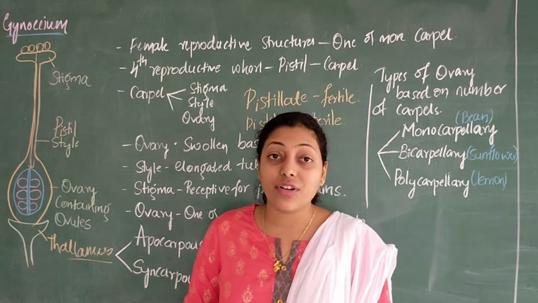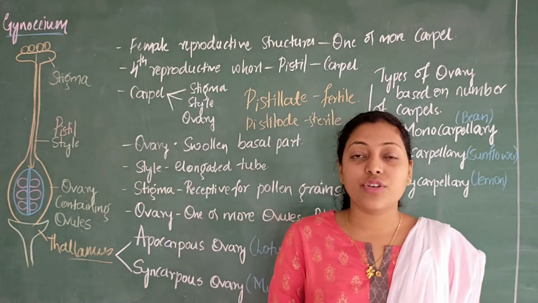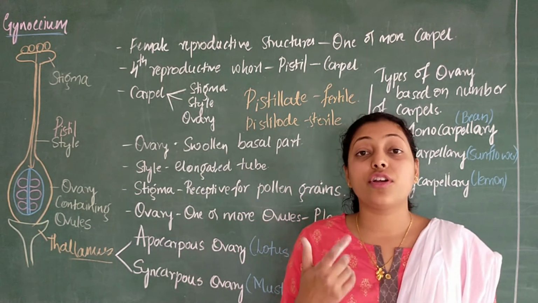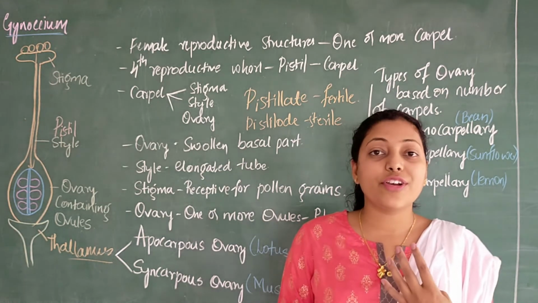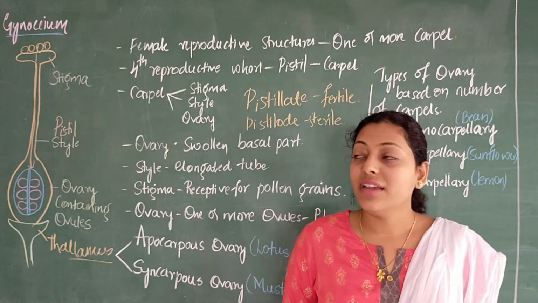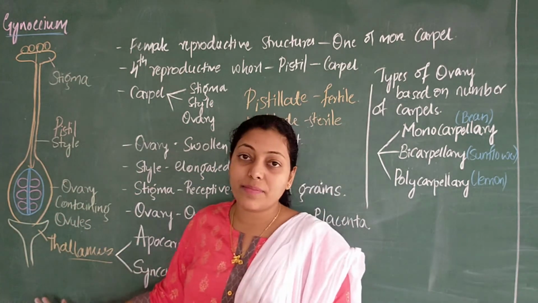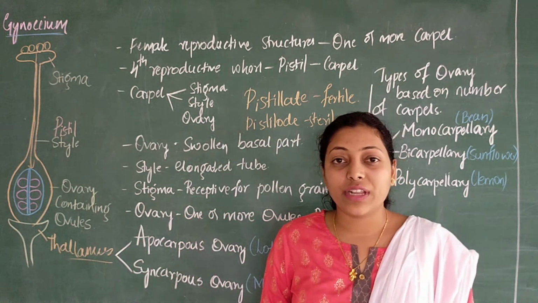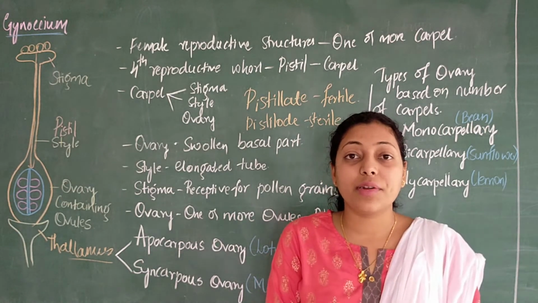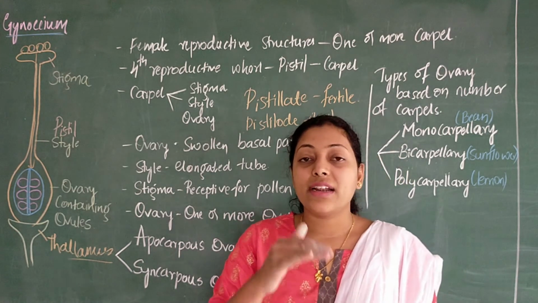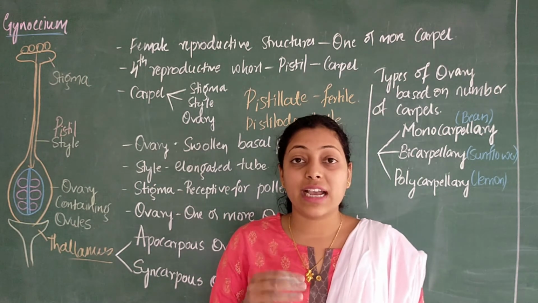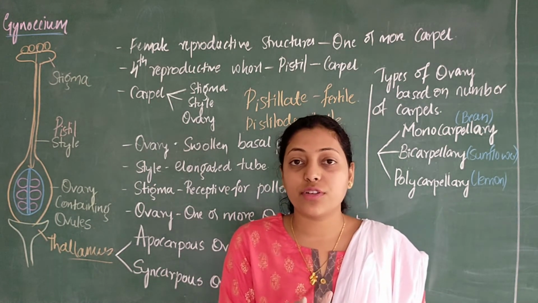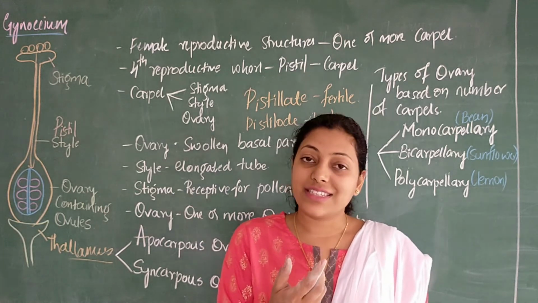I hope you can recall all of this. Okay, make sure the gynoecium is the female reproductive unit which consists of pistils with 1 or more carpels. Okay, so this entire structure is called a pistil. A pistil or a carpel consists of stigma, style and ovary. Okay, the ovary is the basal swollen part which consists of ovules, and the upper elongated tube is called the style, which leads to the outermost receptor surface for the pollen grains, called the stigma.